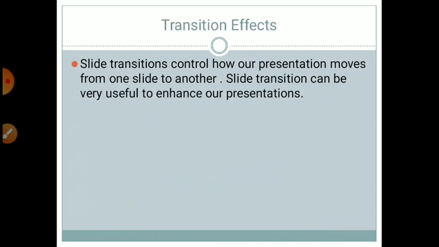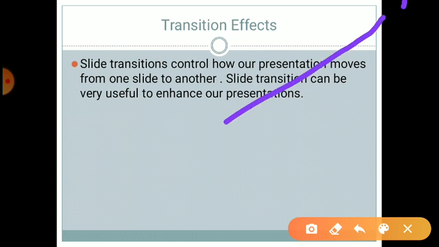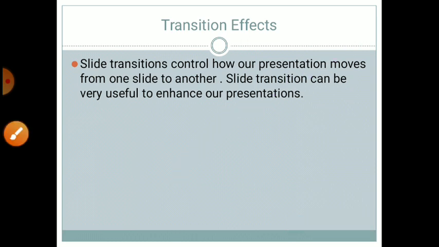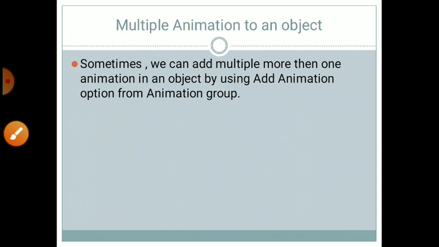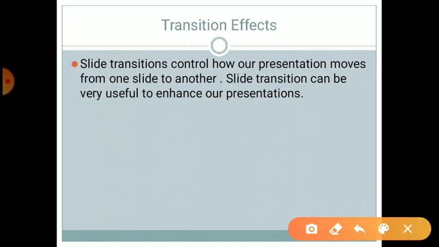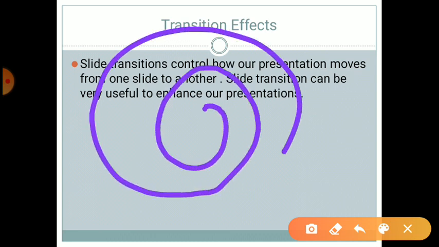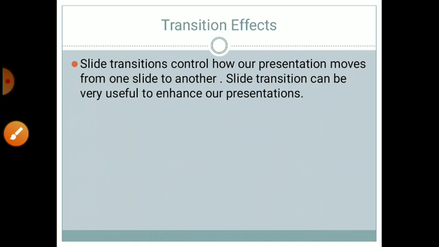In place of that, we can make my slide come from this side or from that side or something else. Like that, here a circle is created, it will be enlarged, and our slide will come like that. These effects are given to our slide. This is called transitions of slides.